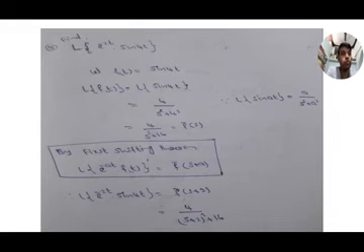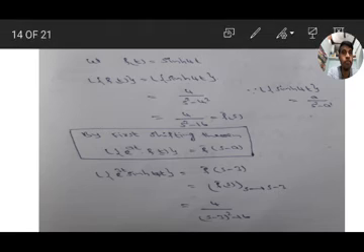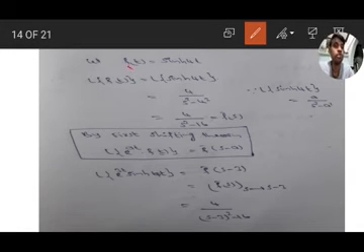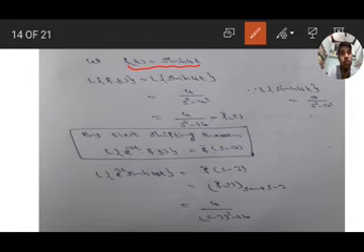Okay, let us move to the next problem. L of e to the power of 3t into sinh 4t. Here also first shifting property. Here also same. So here we have to take f of t as sinh 4t. First we need to find the Laplace transform of sinh 4t, then apply the first shifting property.